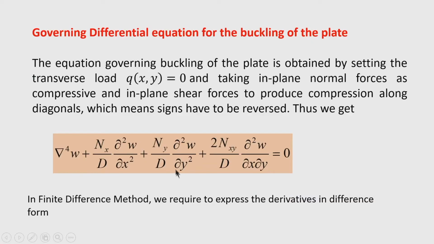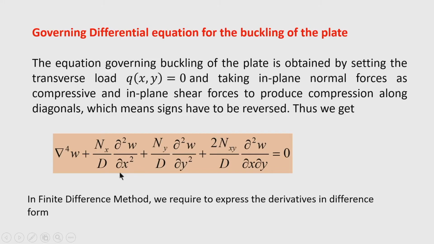So, similar is the situation in the case of buckling. We take the transverse loading to be 0 and we find the eigenvalues or characteristic values of this problem. Okay. So, now to apply this differential equation in the finite difference scheme, we first require to obtain